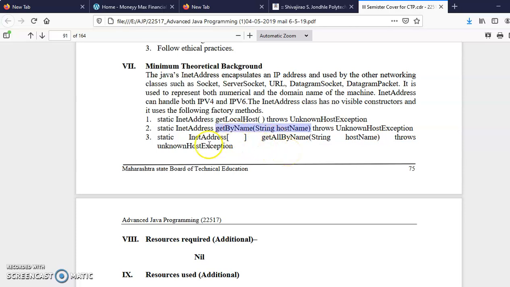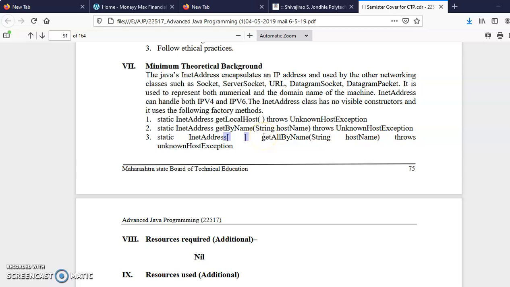Now, what is the third method? If you look at the third method, the return type is an InetAddress array. What I said is that InetAddress gives you the IP address of a particular host. I also mentioned that it is possible that one host can have multiple IP addresses. So in order to store multiple IP addresses, we need to have an array.